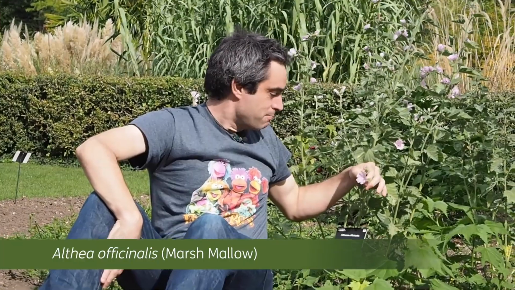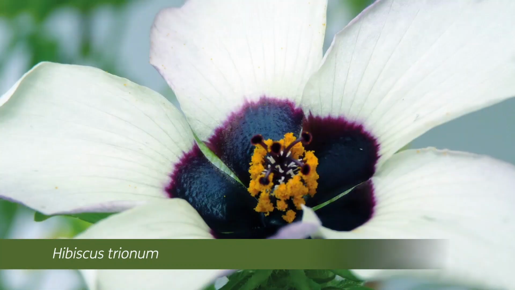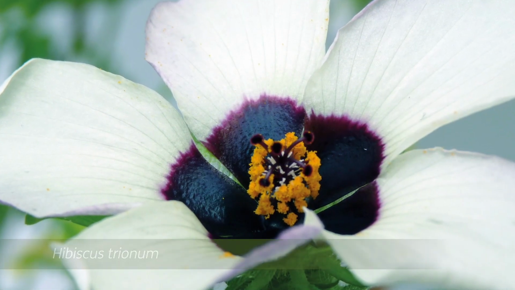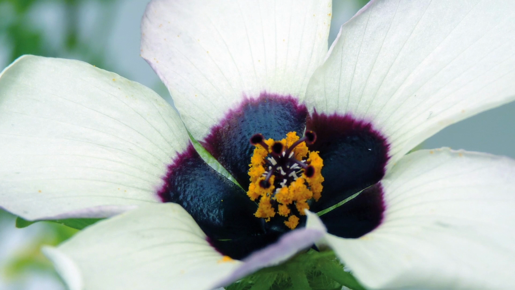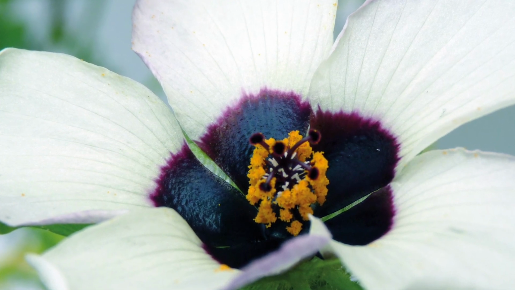Now the reason I'm sat in this bed is because the other group is the malvids, and I'm sat next to Althea officinalis, the marshmallow. It's a bit different from the marshmallow sweets that you get. You can make those marshmallow sweets with this, but they're really not very nice indeed. And also next to me here we have Hibiscus trionum, and this is one of Beverly Glover's model organisms for use in research. It's got an iridescent centre to the flower, which shimmers in the blue range, which means that it's easier for